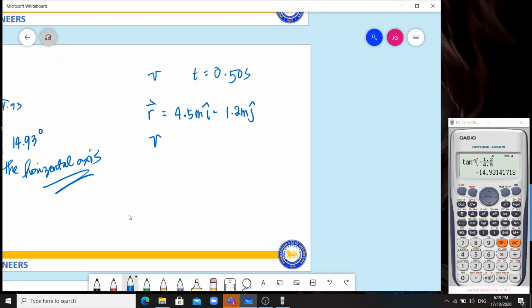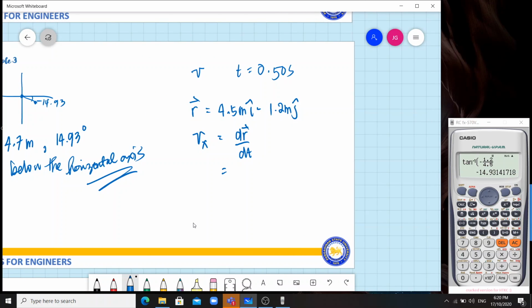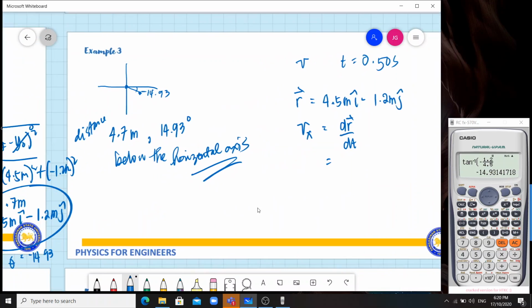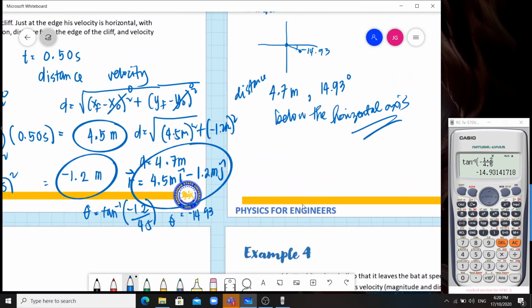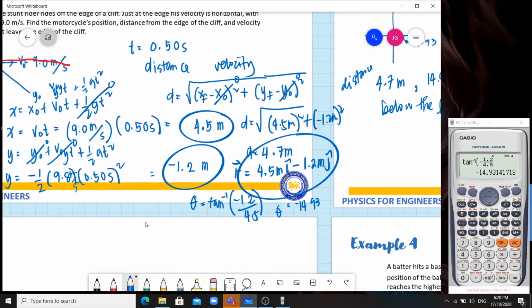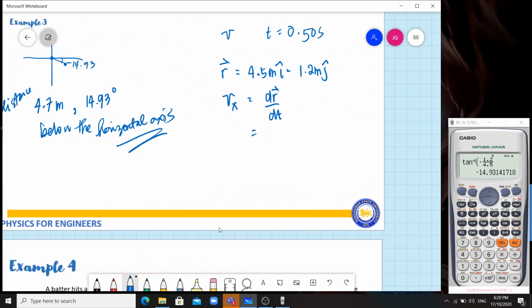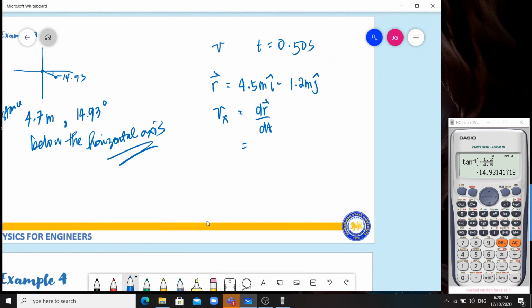At alam natin na ang instantaneous velocity ay equivalent sa dr over dt. Pwede rin yan dahil hindi naman to function. Okay. Meron tayong formula na